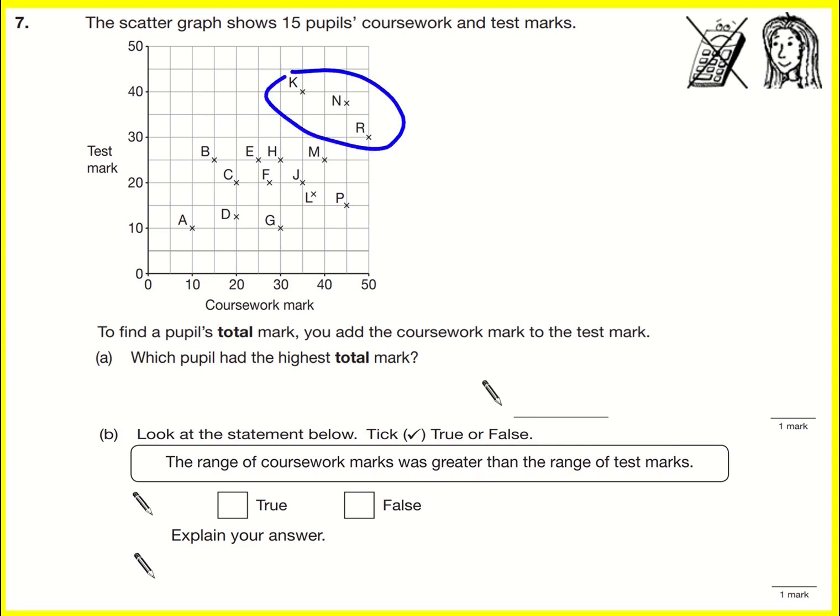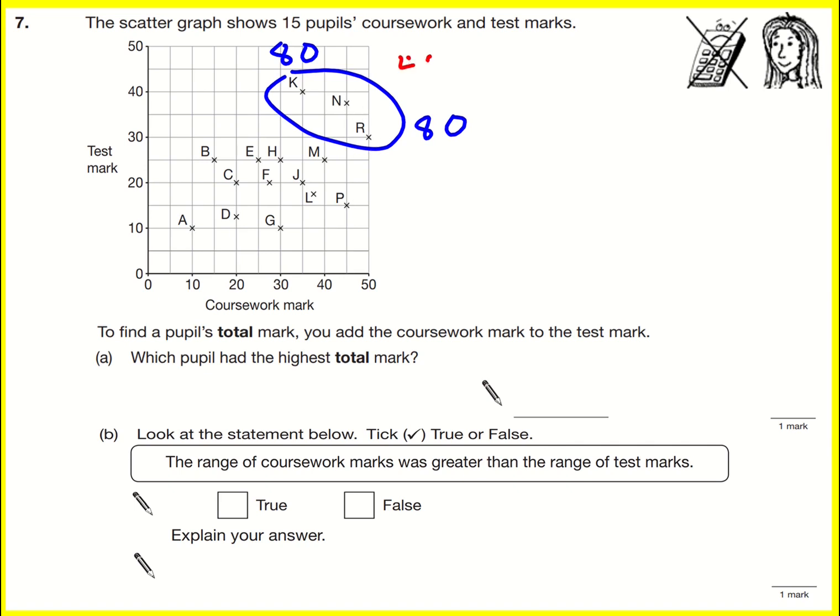So I'm going to find out all of their scores because they've got the highest test marks and some of the highest coursework marks. So for R, it's going to be 50 plus 30. It's going to be 80. Whereas let's do K. K is going to be 40 plus 40. That's also 80. So I'm betting it's going to be this person here, which is going to be